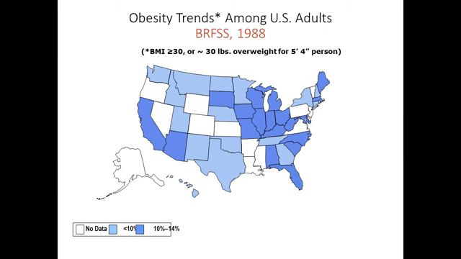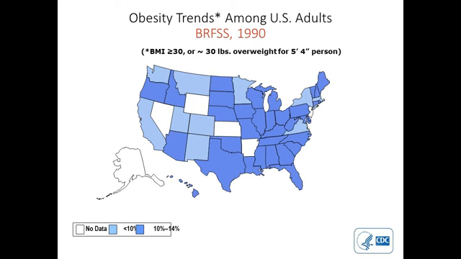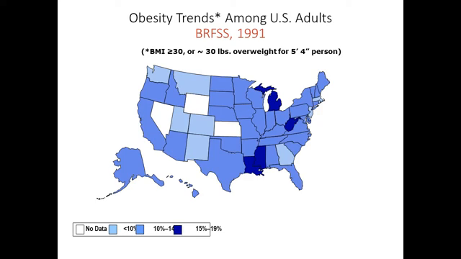So in terms of what's been going on over the last 20 years in America, and we are seeing the same trend in Ireland. If you look, this is a picture of all of the states in the US, and the light blue indicates that less than 10% of the population are obese, which is a BMI greater than 30. The darker blue indicates that 10 to 14% of the state is obese. And if we follow it over a number of years, the prevalence of obesity is rising to 15 to 19% in the darkest blue,